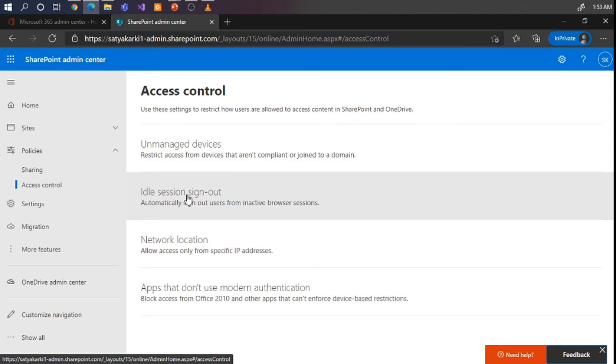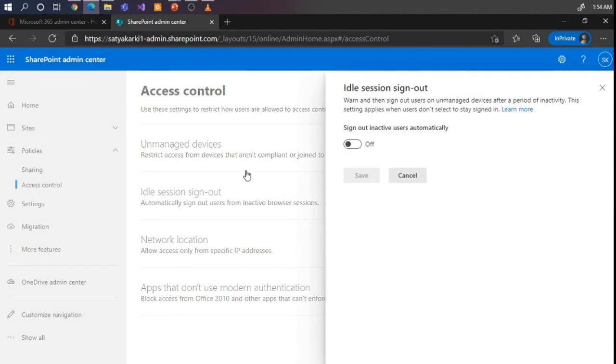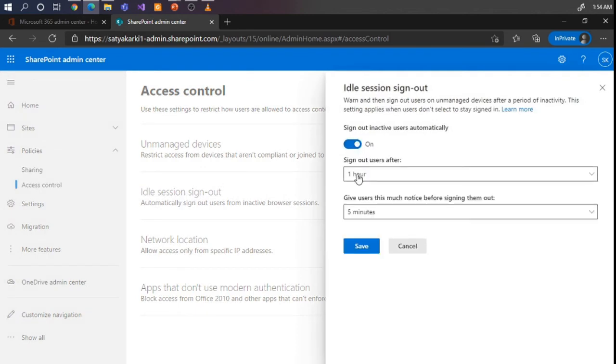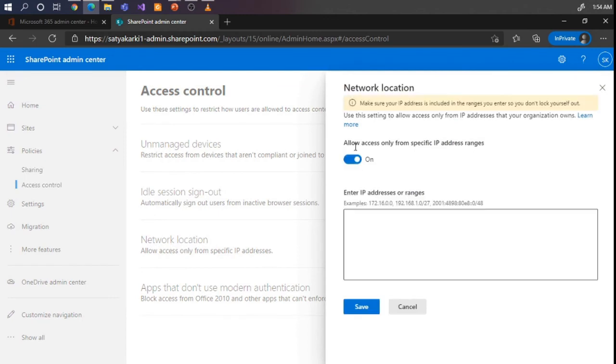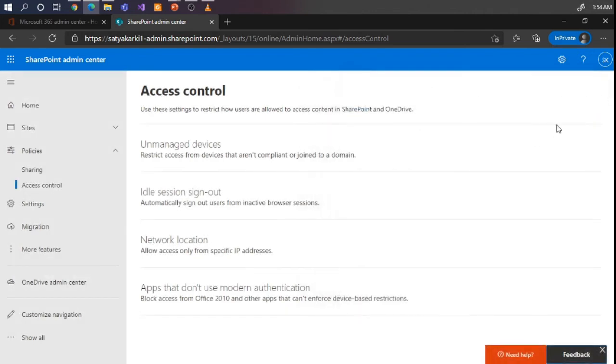Here is the idle session timeout. If someone is not doing any activity in the SharePoint site collection or any page, the session will time out after a certain duration. You can go and enable it and set the time. Now network location: you can define the site collection to be accessed only from a certain IP range. That IP range you can define from here, or you can turn it off.